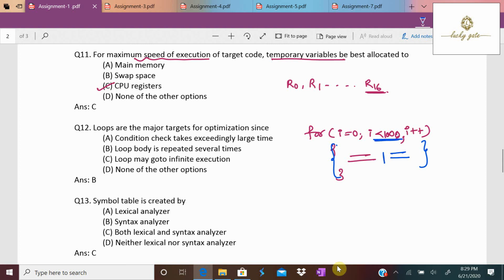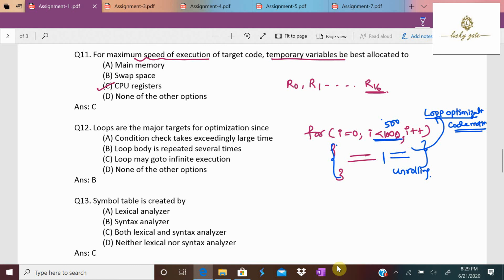If the loop body is repeated 2 times, then it executes 500 times. So performance is increased. This is a technique called loop unrolling. And some code inside the loop which is not required to be part of the loop, you can move out of the loop. This technique is called code motion. So we have some techniques for optimization on loops.